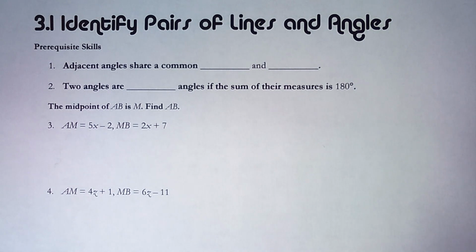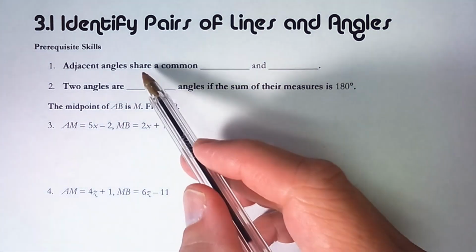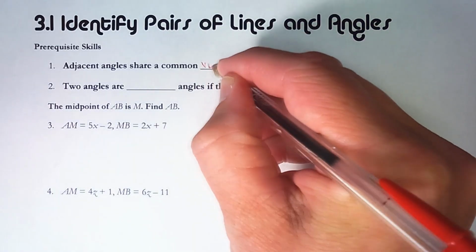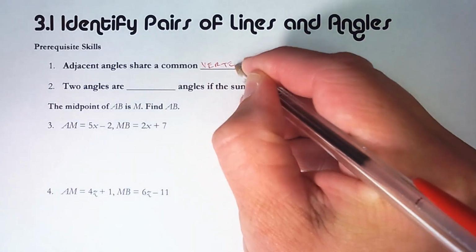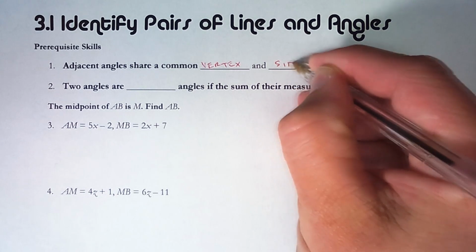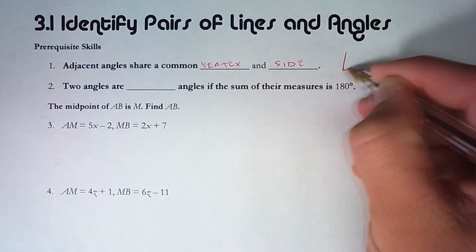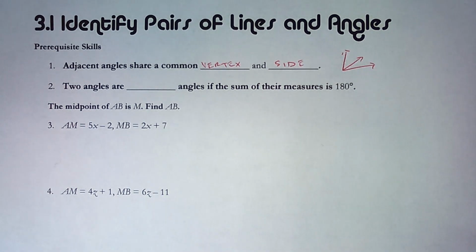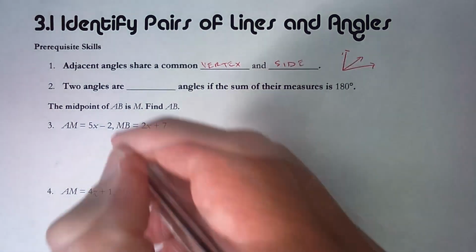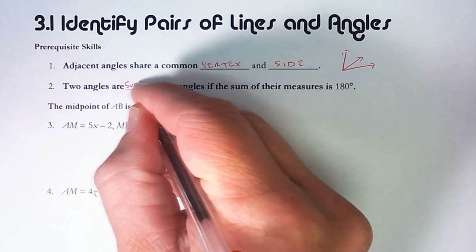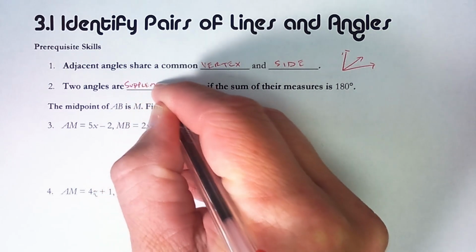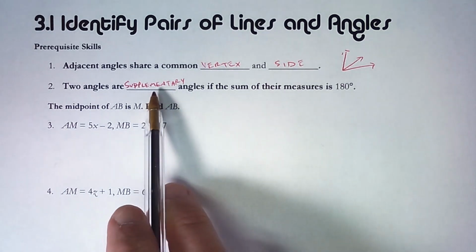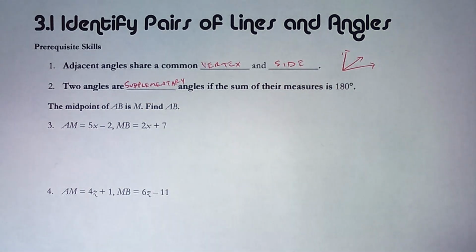So first, adjacent angles. We just need to remember what adjacent angles are. They share a common vertex and a common side. So adjacent angles, a couple angles put together like this. Okay, two angles are supplementary if the sum of their measures is